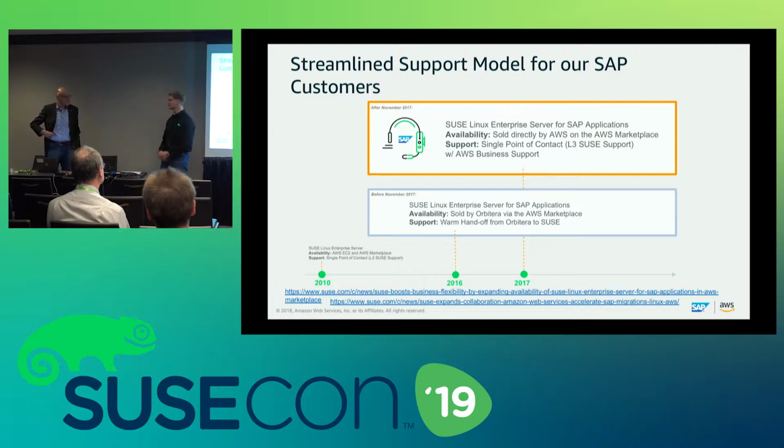For that, they have built and extended the support engineering team, which takes care of the customers running SUSE Linux Enterprise Server for SAP Applications. All customers running this AMI will benefit from this new support infrastructure. Well, to be blunt, Amazon is an OEM of SUSE. We resell SLES for SAP, and we provide first and second level support as well. That's a major change since end of 2017.